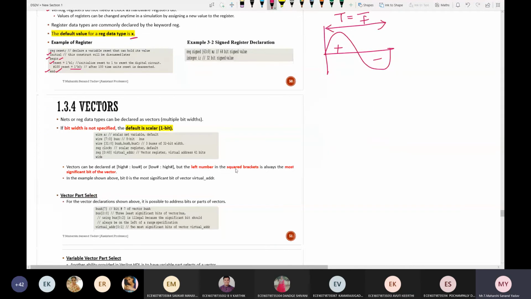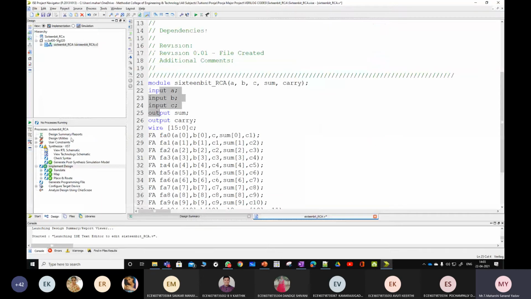Done. Next, vector. Just now in the example, I've edited this one. See here. What is this? This is 15 down to 0 a. This 15 down to 0 is called a vector, meaning a will hold how much amount of information? 15 down to 0 means how many bits? 16.